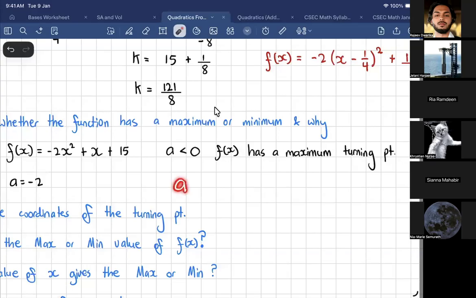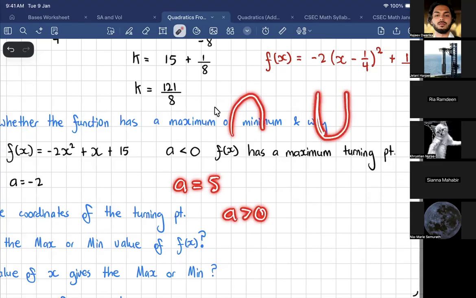Conversely, let's say a was 5. If a is positive, Ria, would you look like graph 1 or graph 2? If a is positive, you're going to look like graph